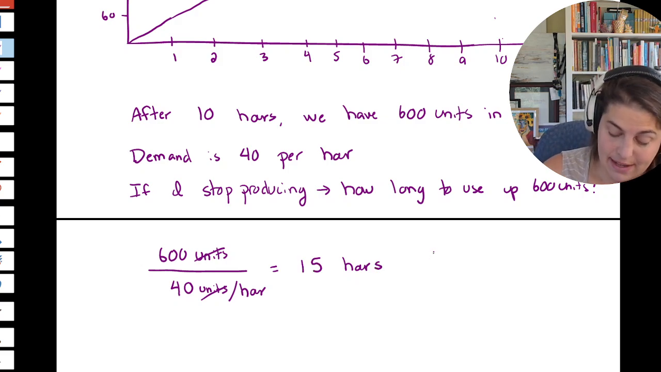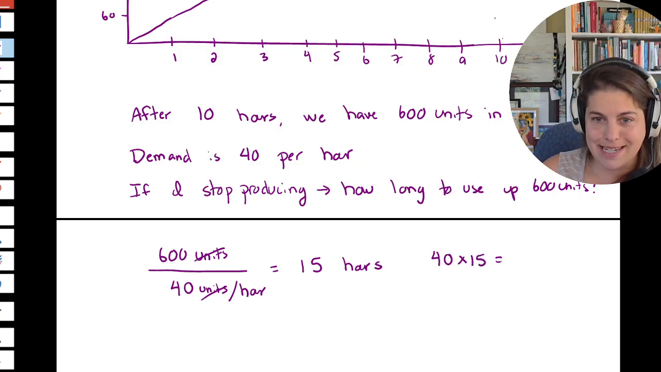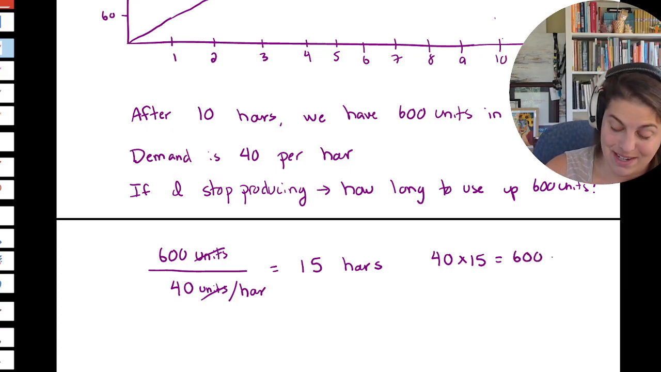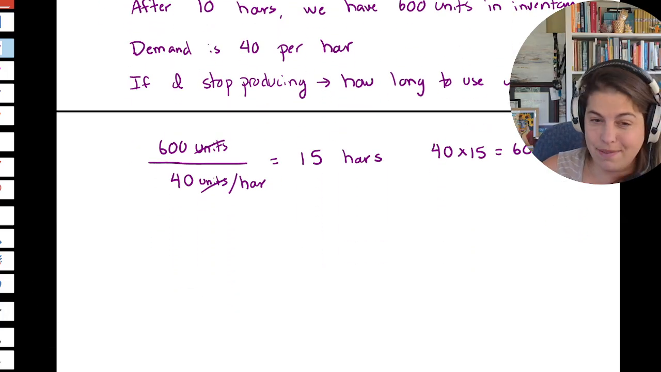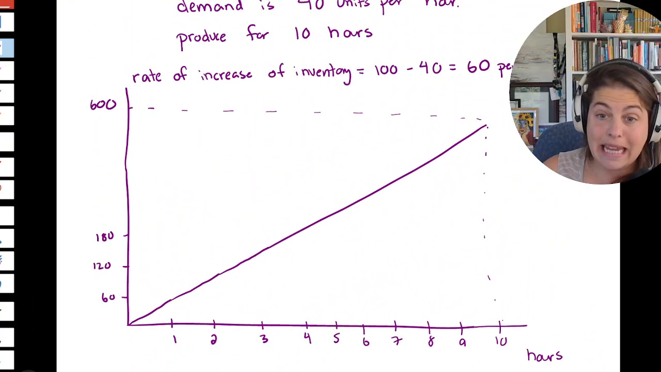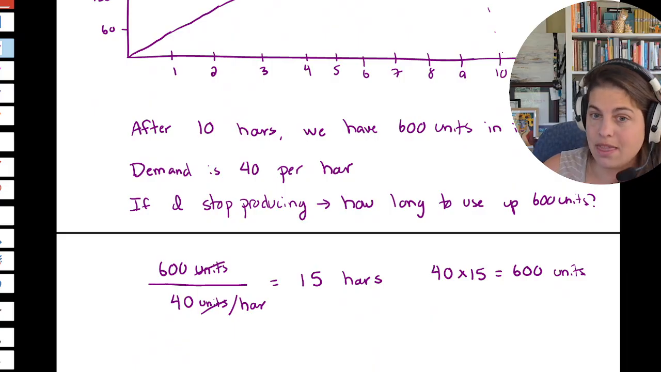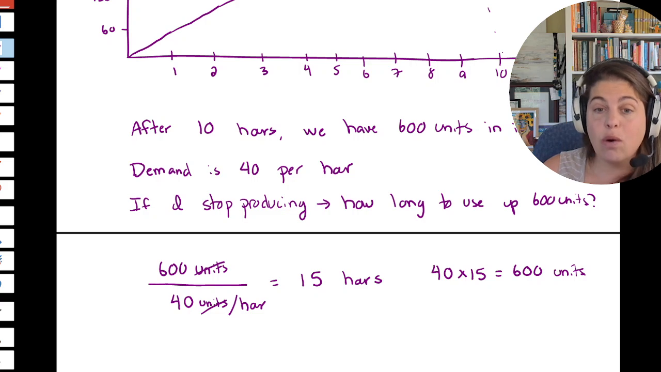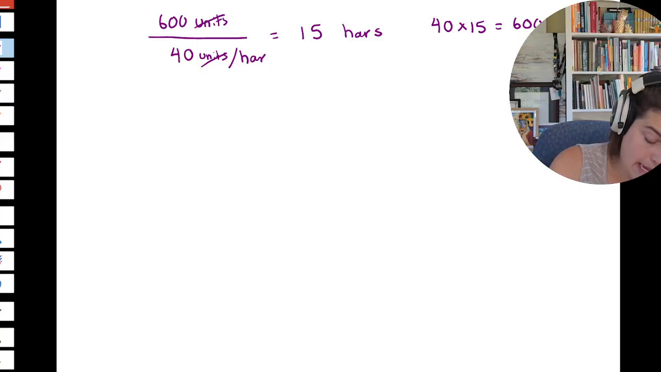You can also test that. If I have 40 units and I allow demand to continue on for 15 hours, it's going to use up 600 units. And so what we've actually done here is we've decided that if we were to run our process for 10 hours, then we would need to not run our process for 15 hours in order to come back down to zero. So if we think about this inventory graph on a bigger scale,